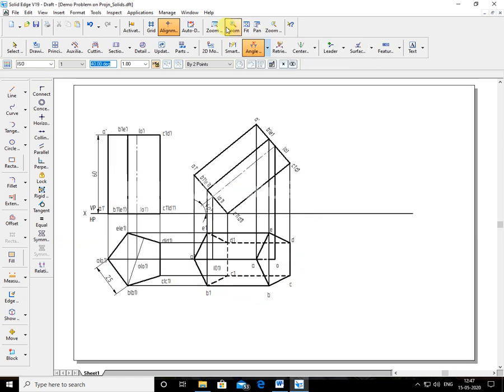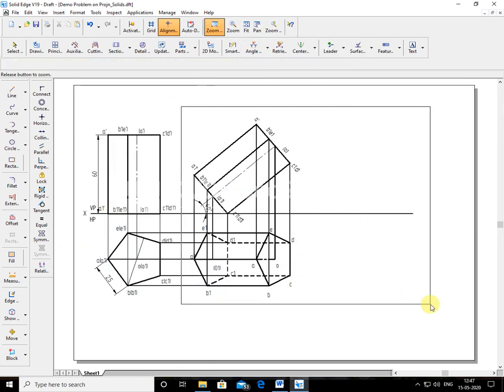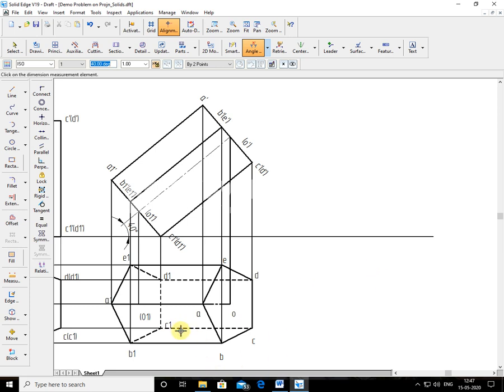To draw the third position, you see here. He says that the edge of the base which is resting on HP, C1 D1, is making an angle with VP of 30 degrees. But the edge of the base C1 D1 at present is vertical to VP. Now I have to tilt the whole figure in this way, anti-clockwise, see my cursor, or clockwise in this way. Anyone you can do. Now I tilt anti-clockwise.